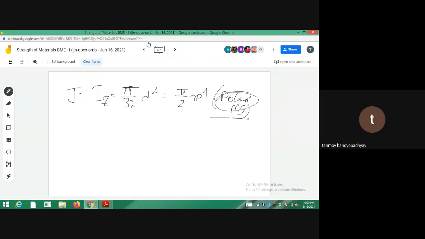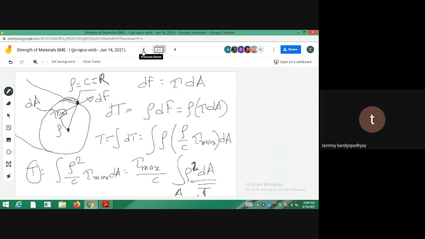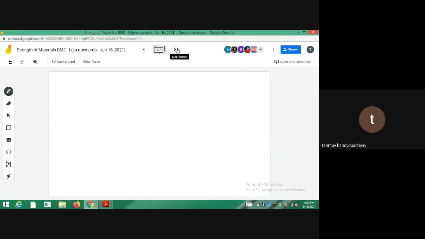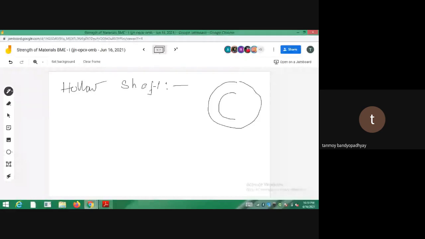So next, we were up to this. Let me do it for the hollow shaft. So let's complete it for the hollow shaft, because that's what will be in all the problems that we have to do, so not explaining every time. So suppose I'm having a hollow shaft. I'm just drawing the cross section of the shaft, the YZ plane only, not the X, not any other plane. So this one is the Z axis, this is the Y axis.